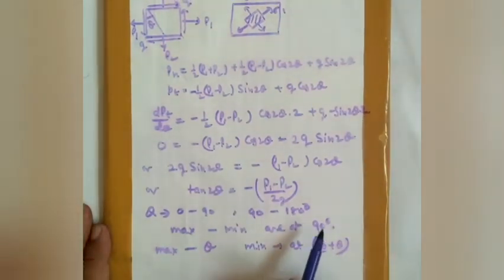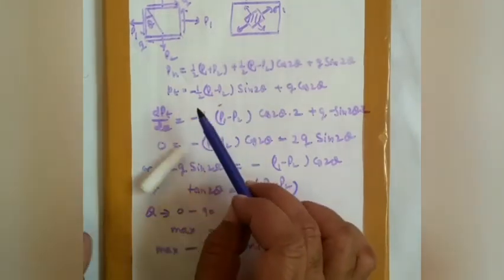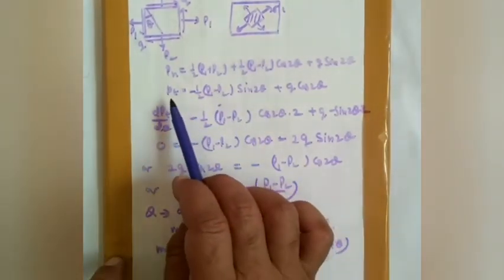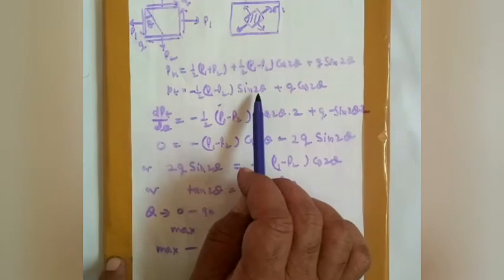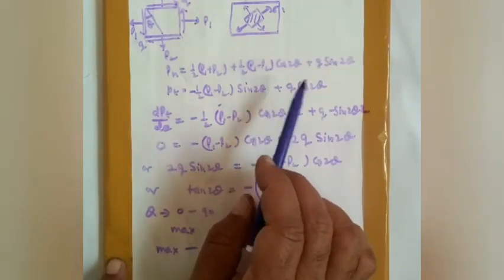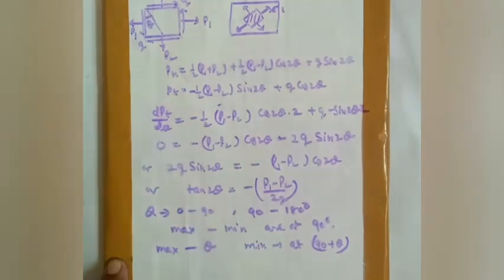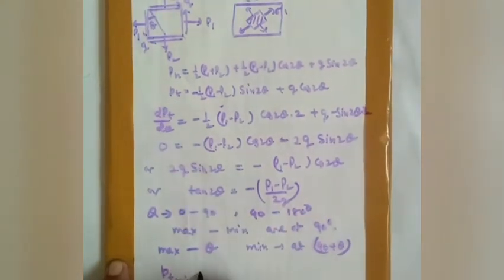So if we put the value of theta in the tangential stress equal to 90 plus theta, it would give the minimum shear stress. So putting that, Pt min will be equal to minus 1 by 2 (p1 minus p2)